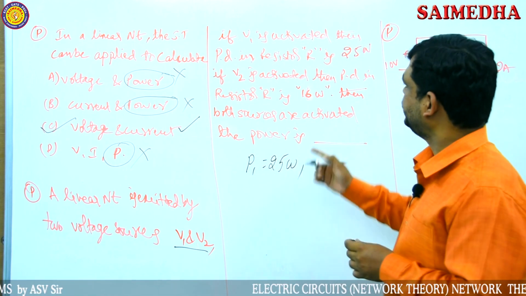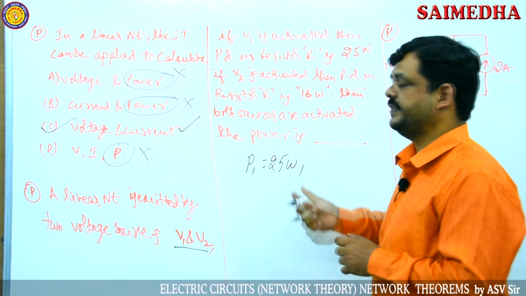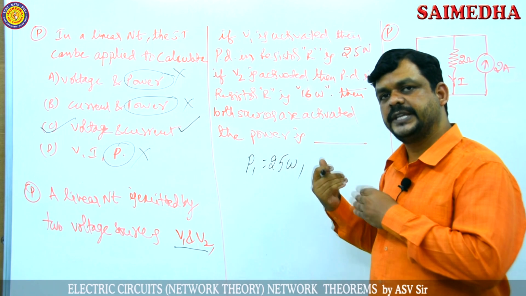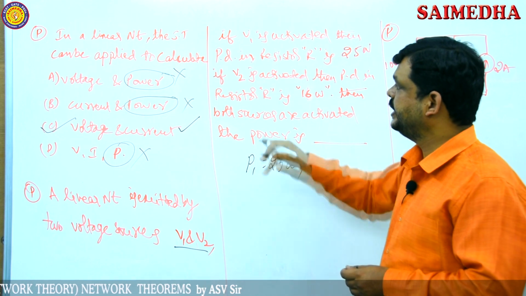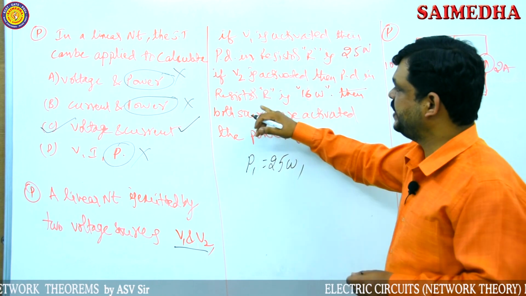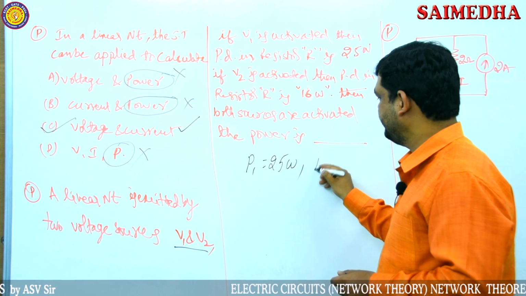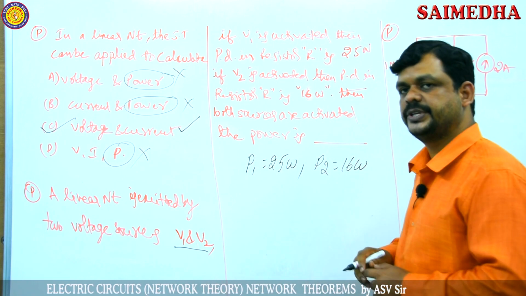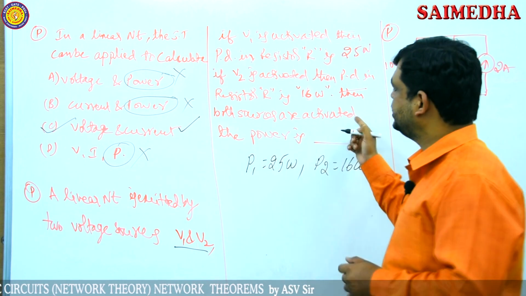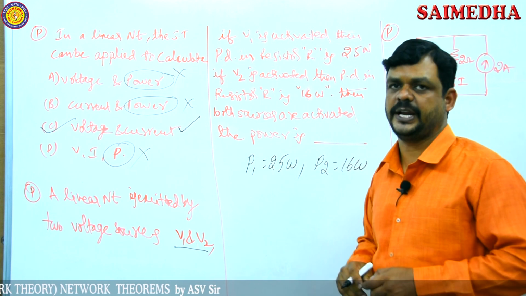V2 is 0. And if V2 is activated, the second source is activated, and the first source is disconnected. So the first source is eliminated. If V2 is activated, then the power dissipation in the resistor R is 16 watts. So here P2 is 16 watts. If both sources, V1 and V2, are activated,